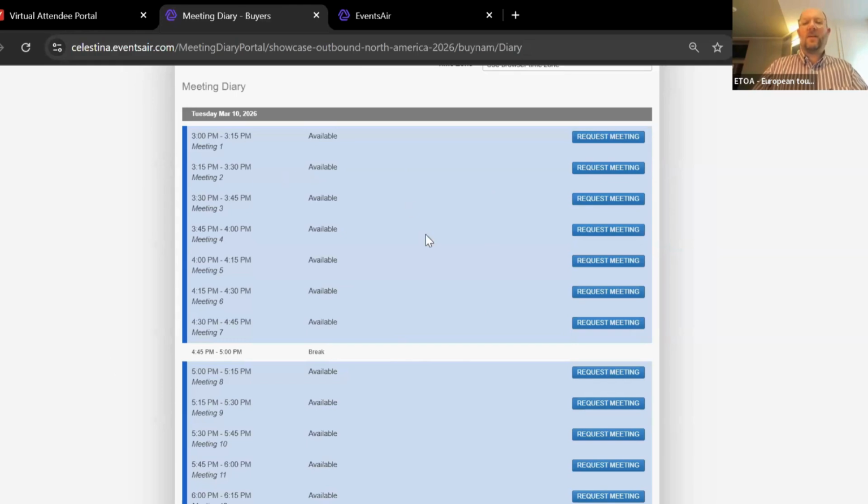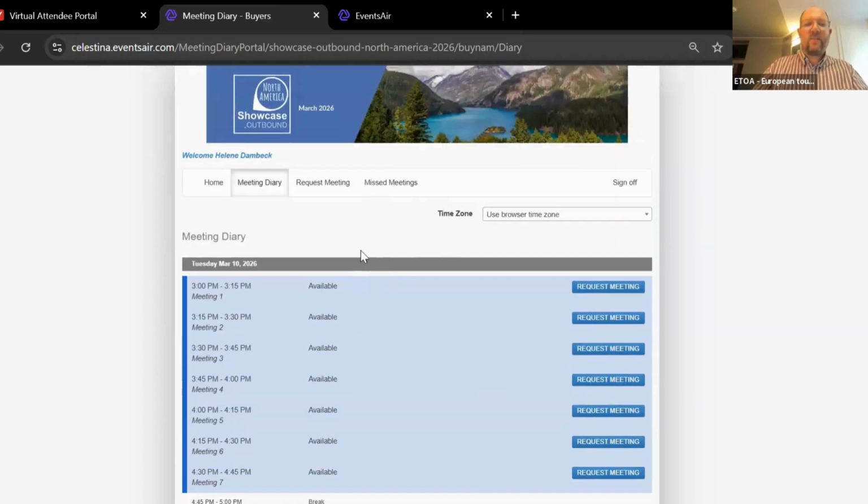As we said, it will be just over a week in terms of the requests phase for that. Then they'll be locked in and then displayed on the main portal. And then once that first session's done on the 10th, we'll be relaunching that, maybe with some more buyers and suppliers in there, but a second bite of the apple in order to get those scheduled meetings locked in for the session. So as I said, this is how this platform works.